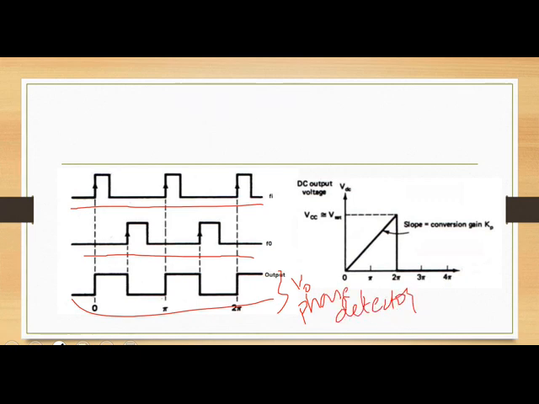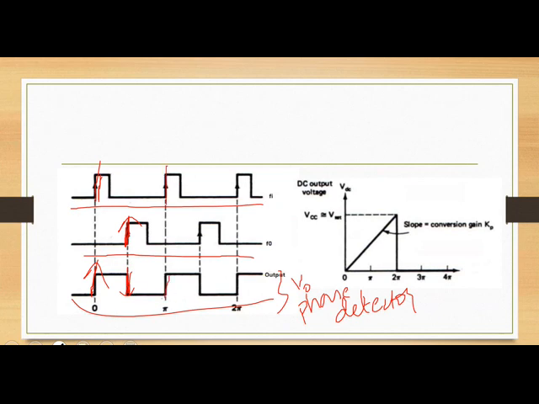So on every positive going edge, the output goes high. So you can see here that at the rising edge of the input signal, the output is going high, and at the rising edge of the VCO signal, the output goes low. So when rising edge of the input signal, the output is going high, whereas at the rising edge of the VCO signal, the output is going low. So again, the same thing happens.